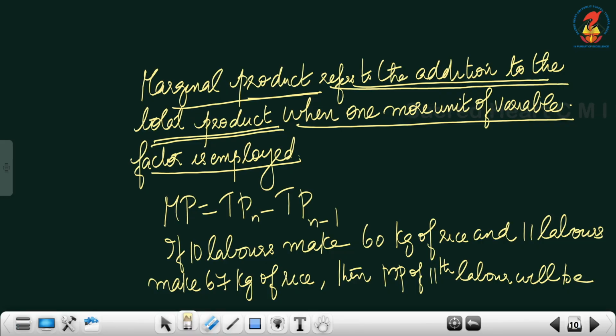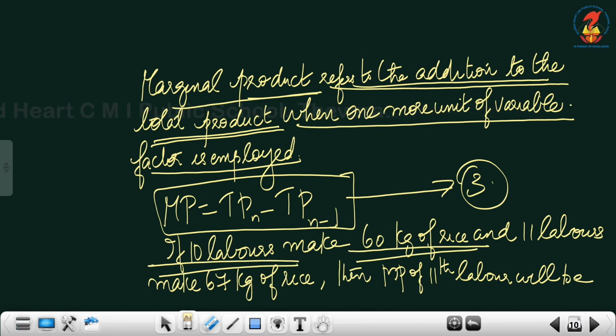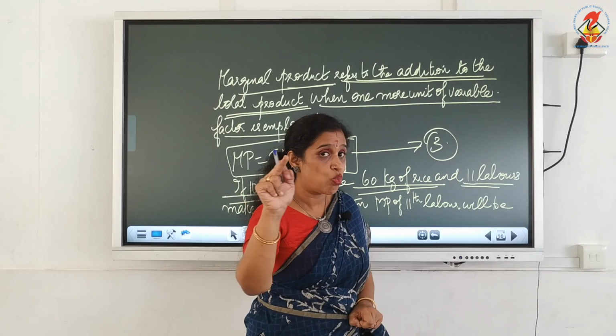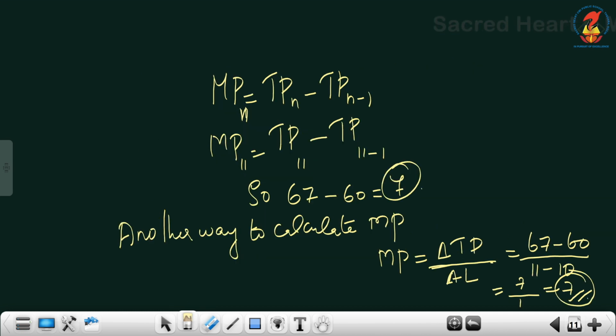So an example for marginal product is given here. The formula for marginal product is also given here. This is equation number 3. Let us see an example. If 10 laborers make 60 kg of rice and 11 laborers, so one labor has increased. I told you we are going to see if one more labor is added, what will happen to the output. And 11 laborers can make 67 kg of rice, then the marginal productivity of the 11th labor will be